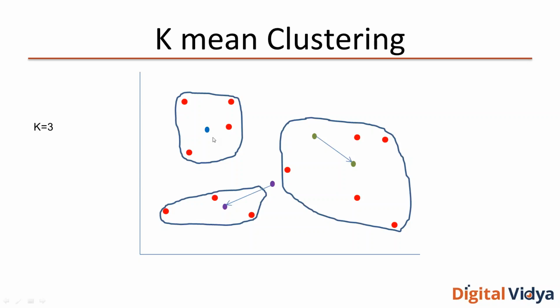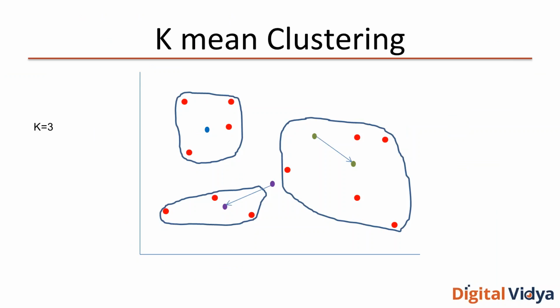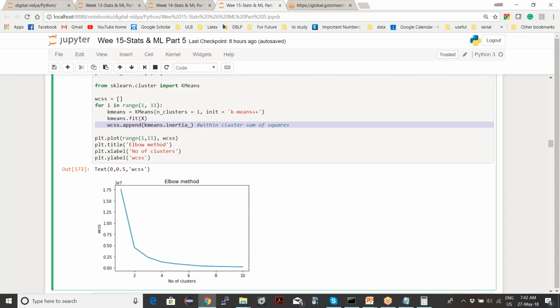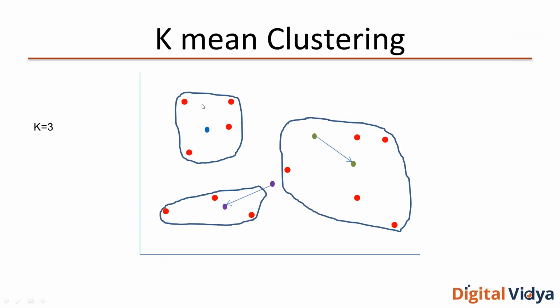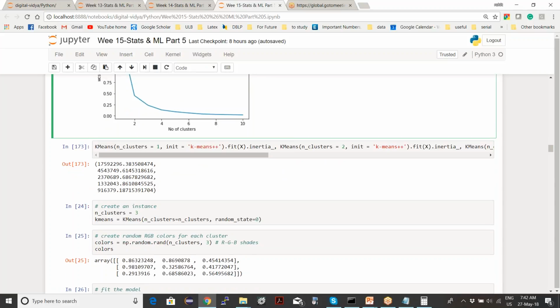It's not an array, it's just one value for each cluster.